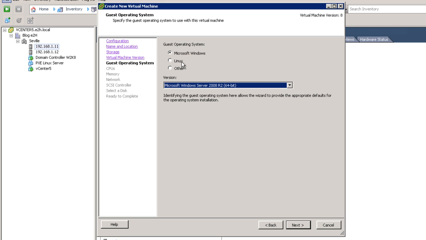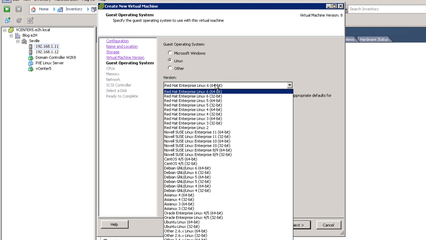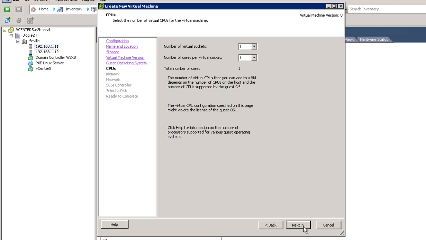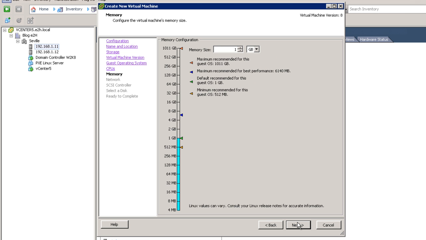and now select guest operating system Linux and version Red Hat Enterprise Linux 5 64-bit. Click next. Select the number of sockets. Click here and select 2 or another number. Next, your memory configuration. We select 2 GB. Next,